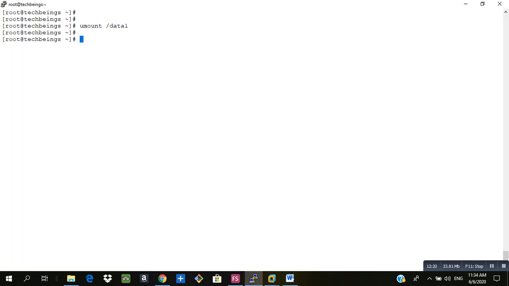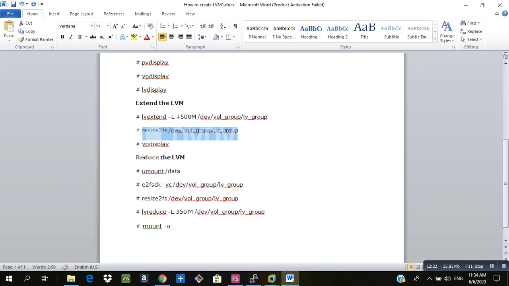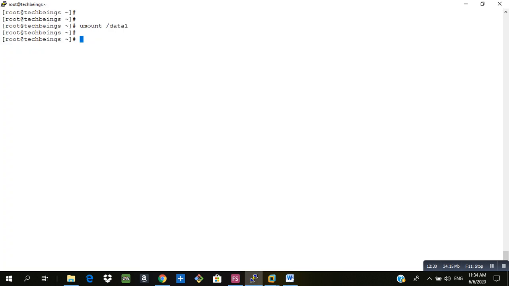Okay, that is done. The next command is e2fsck, that is you have to check the file system for any bad blocks. So what I will do is e2fsck, with the -c flag used to check the bad blocks.